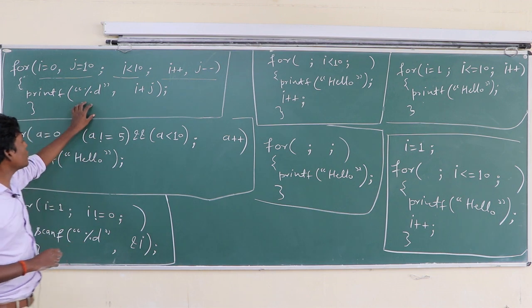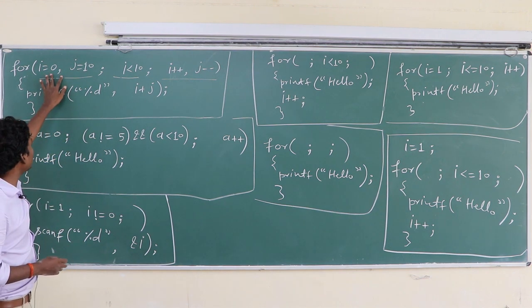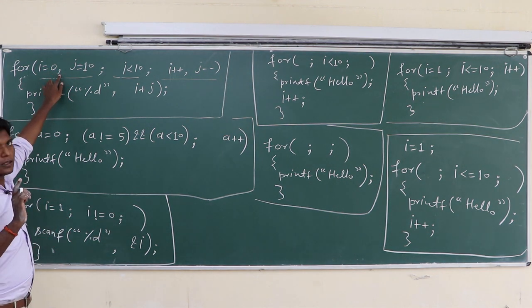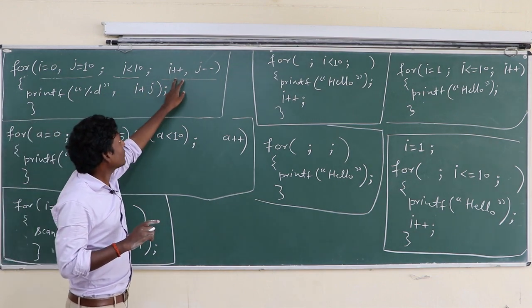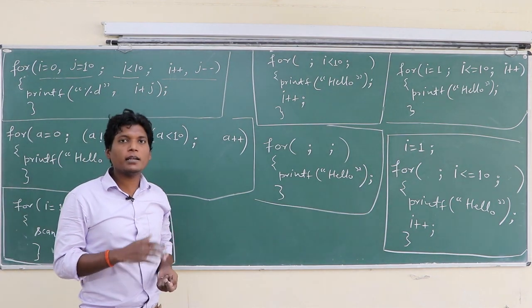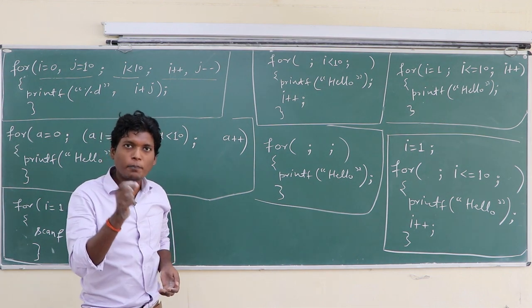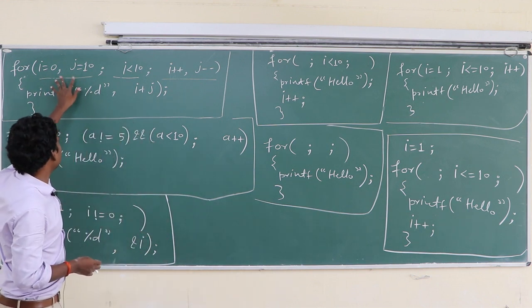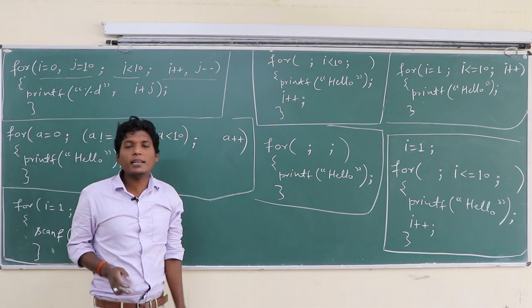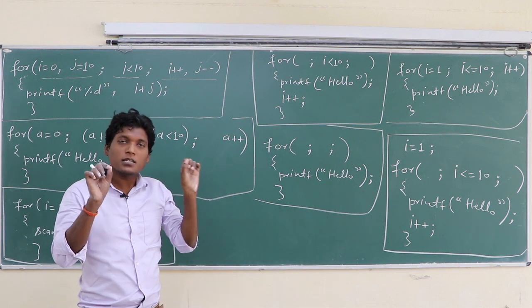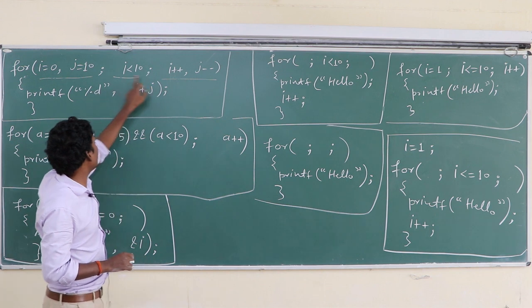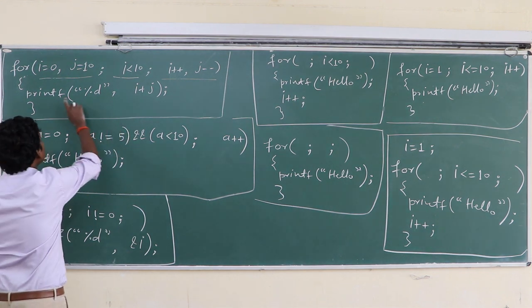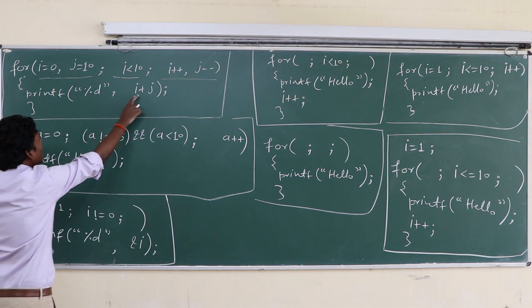Okay class, so this one is also true. Basically class, you may initialize any number of variables here, and you have to separate them by a comma. Here you may increment or decrement any number of variables, but you have to separate them by commas. But all three sections, initialization, testing, and increment or decrement, are separated by semicolons, not commas. There must be two semicolons in the for loop. So here this loop executed 10 times and 10 is printed 10 times.